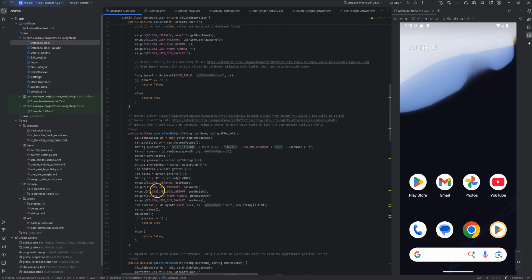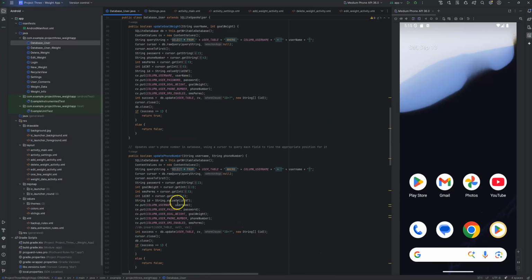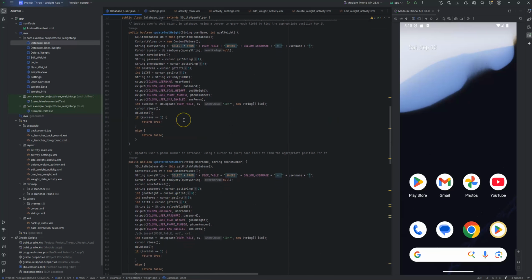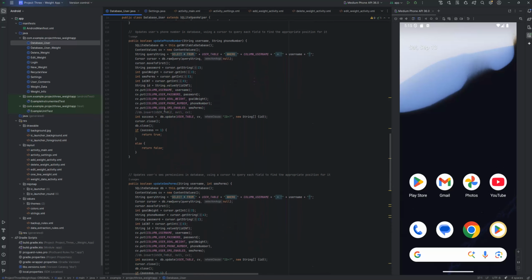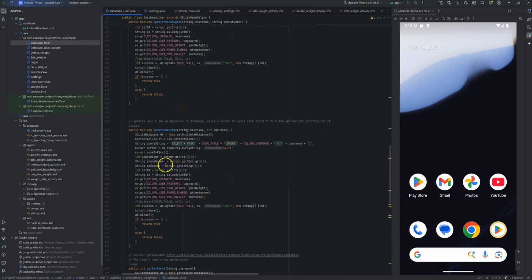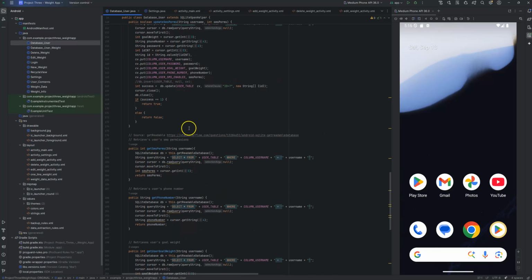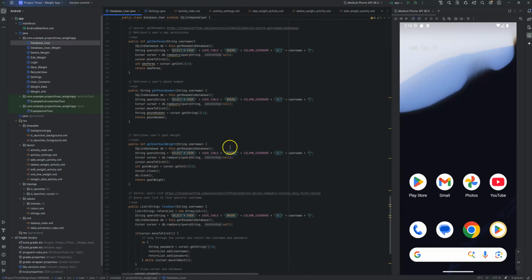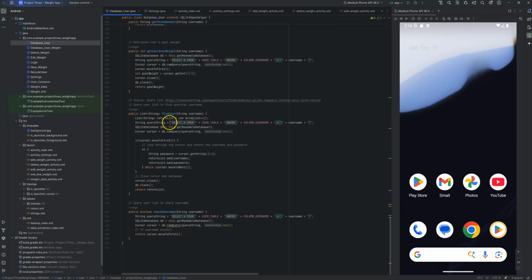the appropriate field to update, and you'll see that repeated a lot. It's honestly not super ideal. I'm constantly retrieving the entire database entry for one field, but it works. So I got updating the goal weight, updating the phone number, updating the SMS permissions, getting the SMS permissions for that specific user, getting the phone number, getting the user goal weight, and then finding specific users and just checking